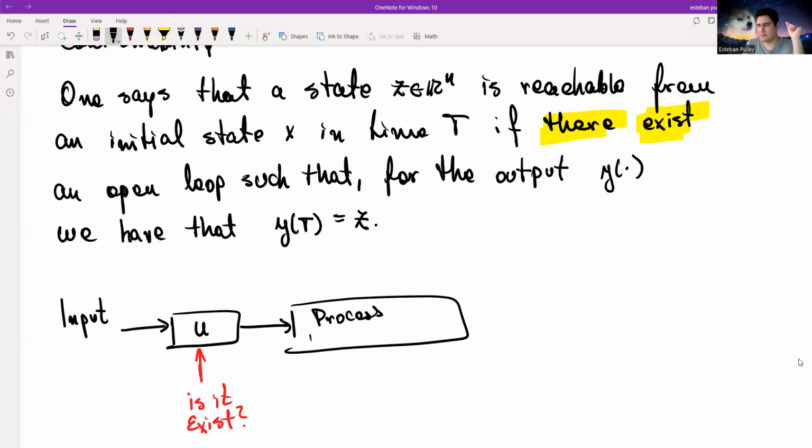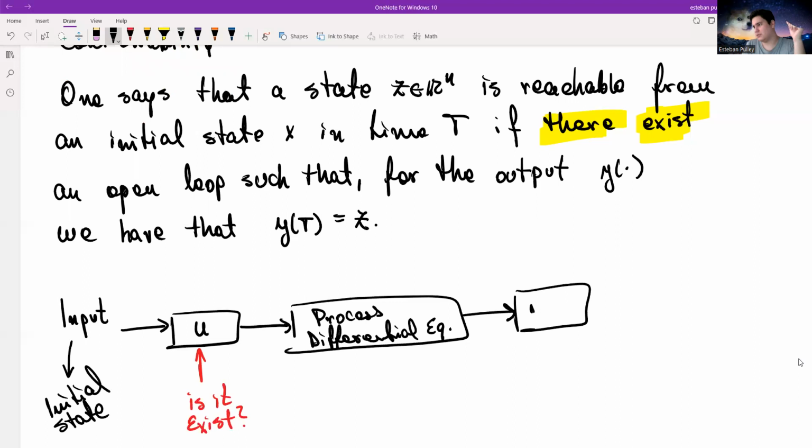That, in this case, is my differential equation. Then I have an output that is the solution of that differential equation with an input. That input was an initial state, which is basically an initial condition. An initial state is an initial condition. And I have an output. I have a solution. So we call that